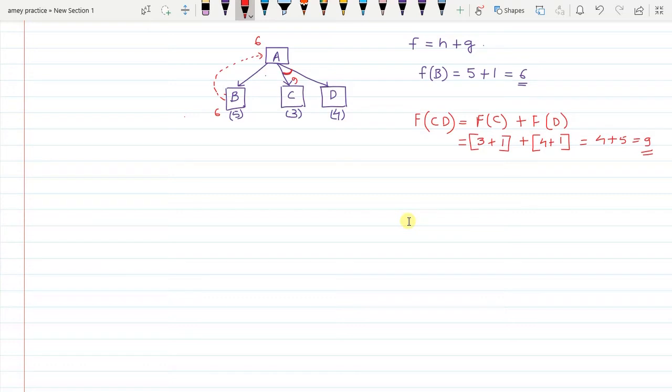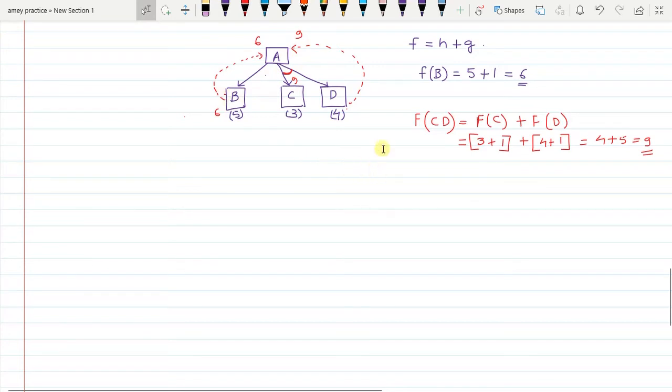That means once you get the updated F value for this arc, that value has to be back propagated or backed up to its parent. When this value is backed up to the parent, the same value will be assumed by the parent. It will not be 9 plus 1 plus 1, because the unit costs of these edges are already involved in the calculation of F of CD. So when you are backing up to the immediate parent, it will be the same value 9, like what I said for 6.